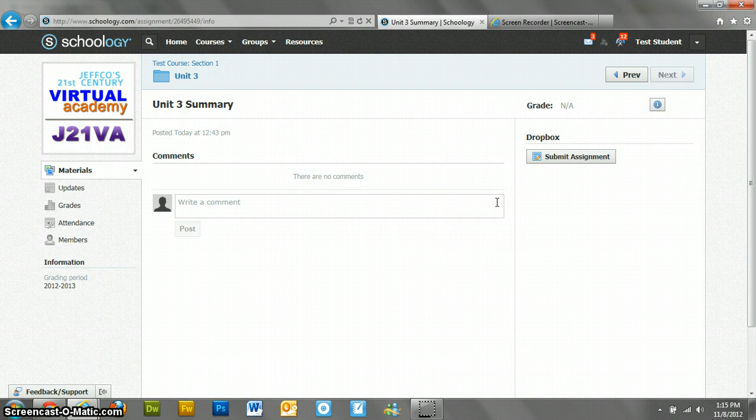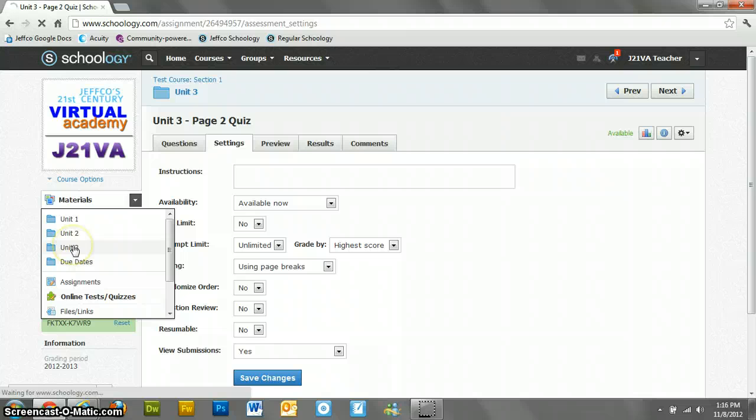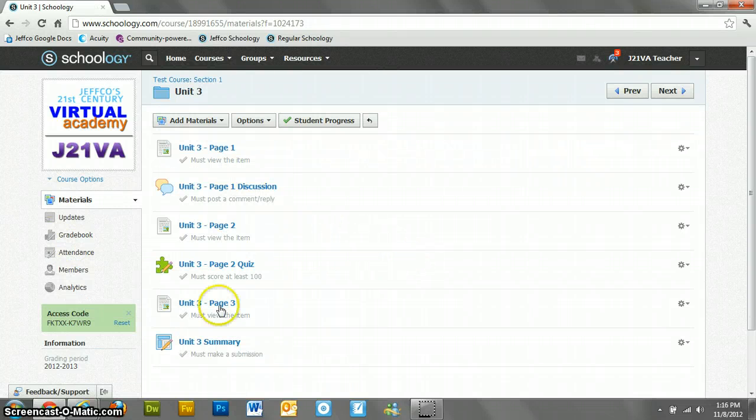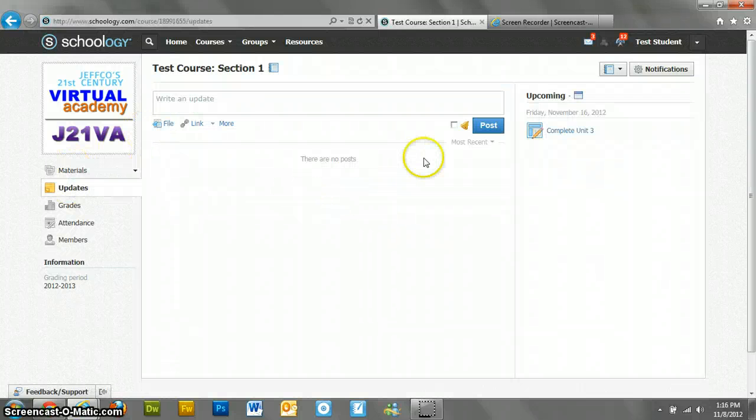Now, one thing about the student completion rules, there's no due date attached to it, just kind of by its nature. So if you want to do some sort of hybridized, you have due dates, but they must complete it at a certain point, you're kind of stuck up the creek unless you do something a little different. In my teacher account, what I did was I've got Unit 3. None of these things have due dates, right? But if I come over here as a student, and again, they don't have due dates because of the completion rules, I actually do have a due date coming up